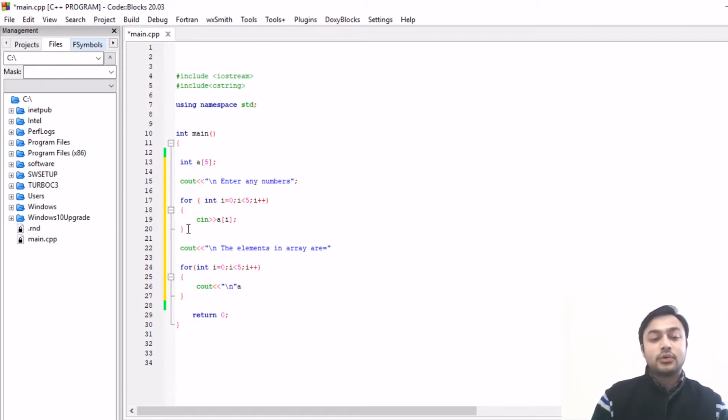Why am I using \n? Because I want to print all the elements of the array on a new line.